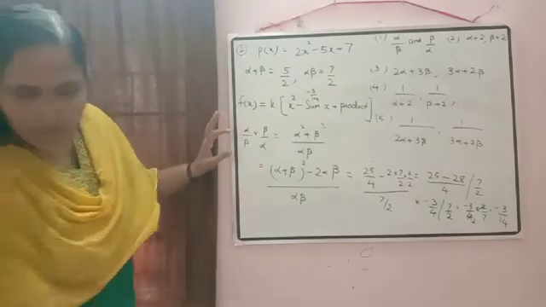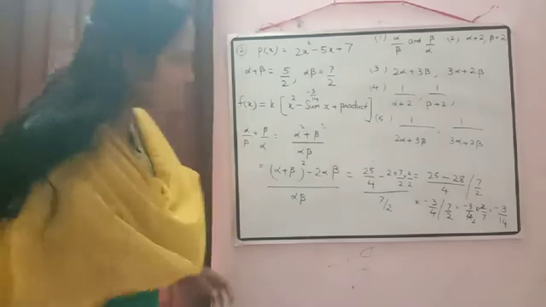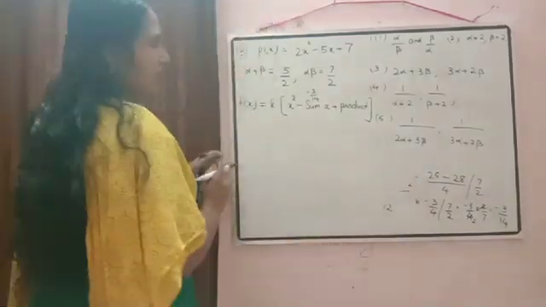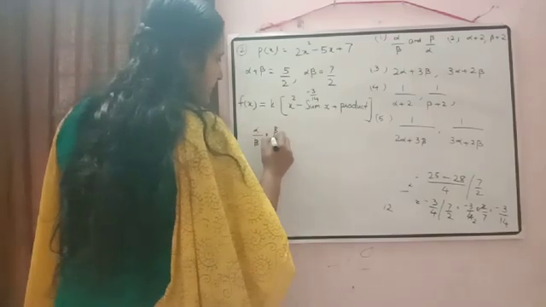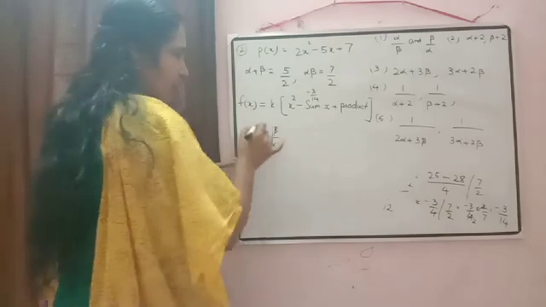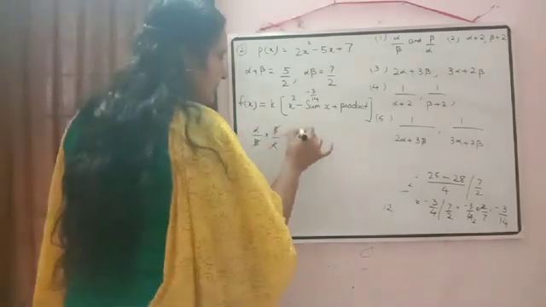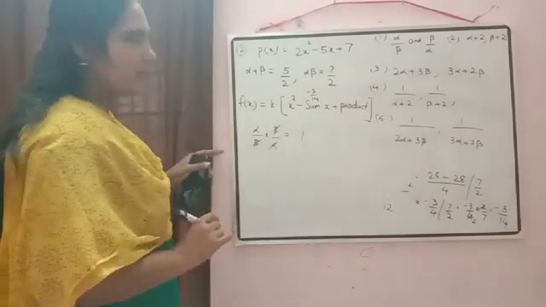Now we need the product also. So write down now product is equal to, multiply, product alpha by beta into beta by alpha. Alpha by beta into beta by alpha. Alpha and alpha will get cancelled. Beta and beta also will get cancelled. We will get the answer is equal to 1. So we got the product is equal to 1.